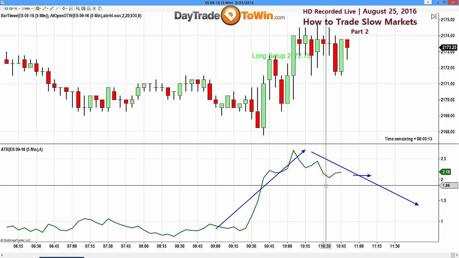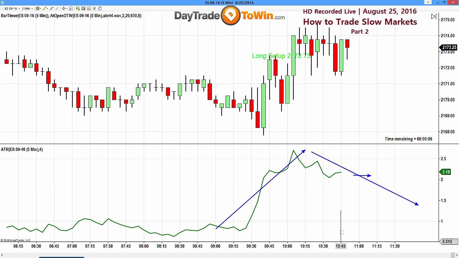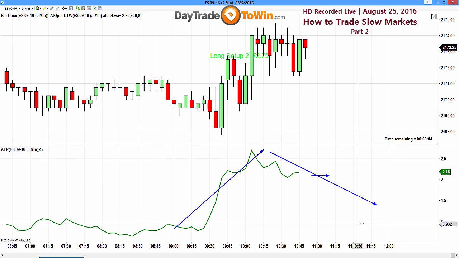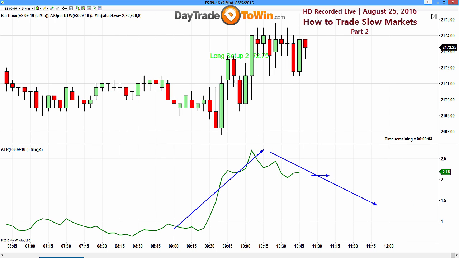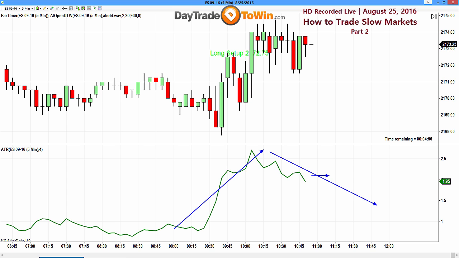And this tells me that the market itself is normally going to slow down, and unless a trend is happening, it typically continues and slows down. So absolutely normal, and you should understand how that works. Okay. So managing slow markets. How do we do that?